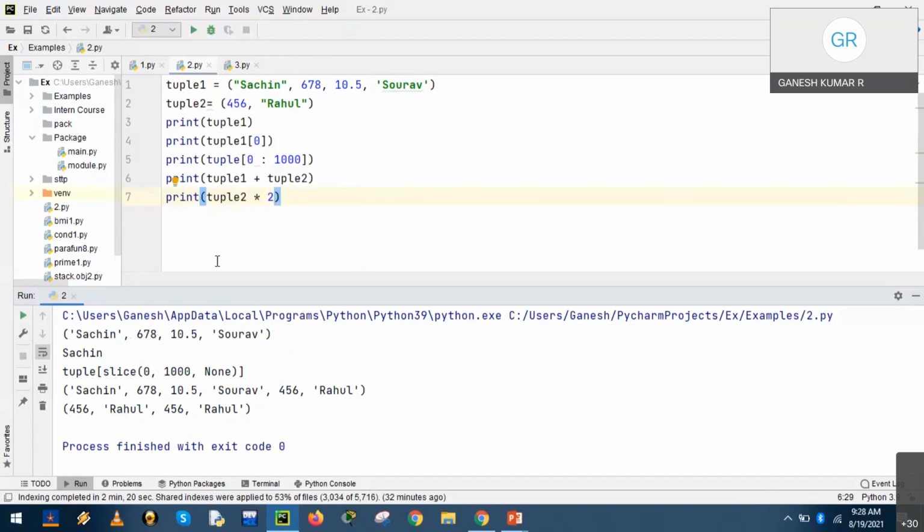List and tuples are almost the same, except that the tuple uses open and close parentheses instead of square brackets as in the list. Accessing, printing, indexing, slicing, concatenation and repetition, all the string operators, are common in both cases.